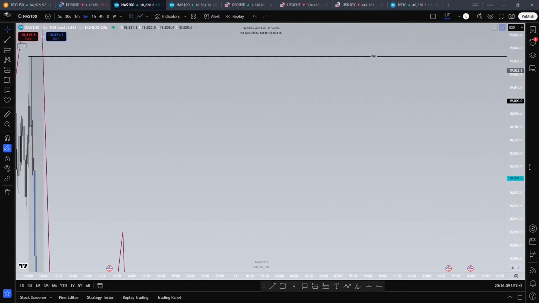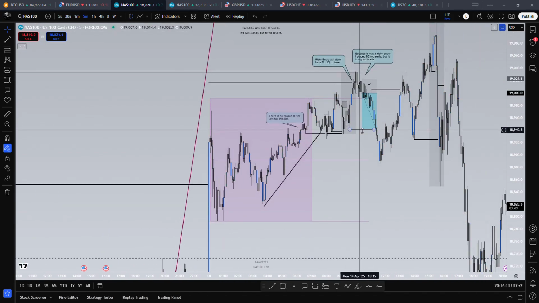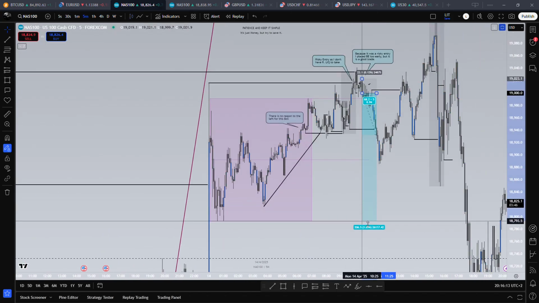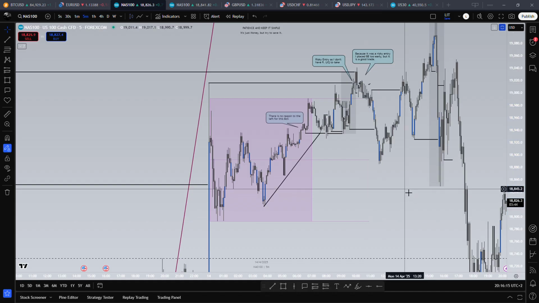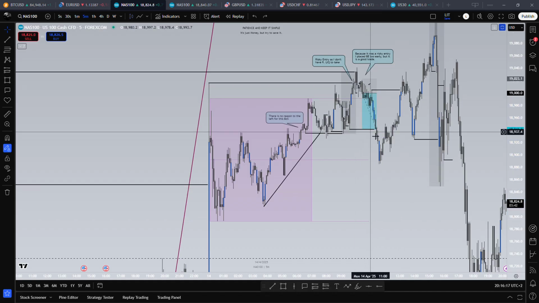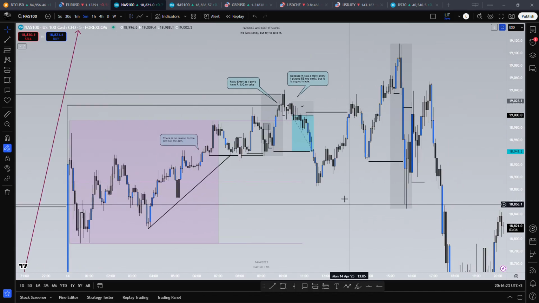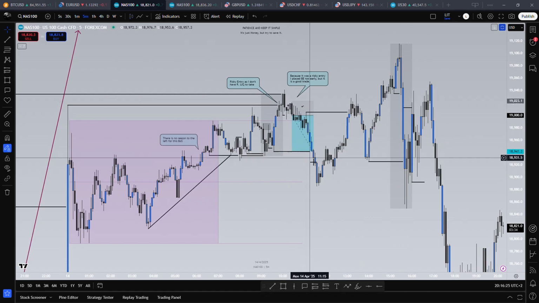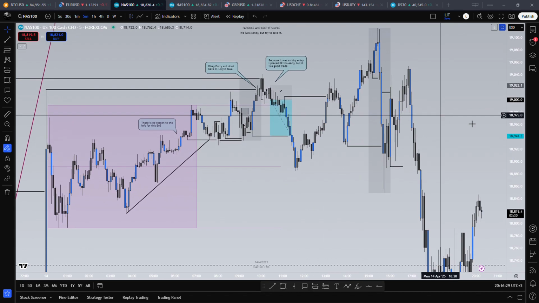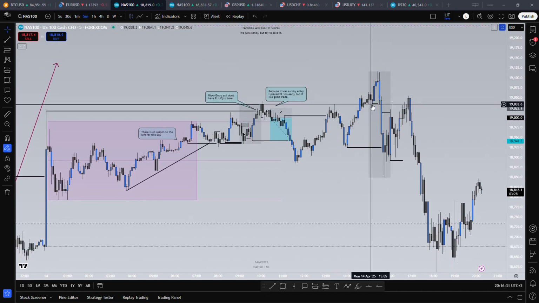Or maybe I moved the entry because my main target was here. Yeah, no, it's okay. So yeah, we hit the break even here and partial, so we had a partial here. So one stop loss, one partial, and then we had these moves, and then in the evening we had this break of structure here